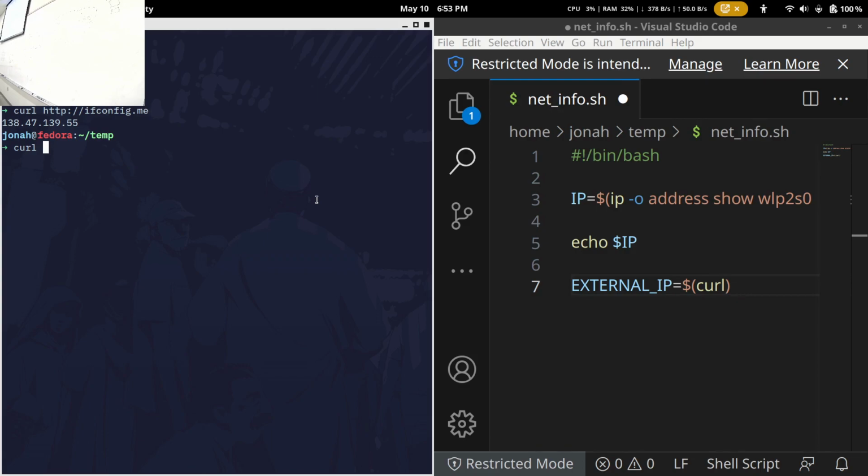But it doesn't have to respond with a web page. It could just give me some sort of data. In this case, that's what's happening. So I'm talking with this website, ifconfig.me, and what it does is it gives me my external IP. And you can do this all from the command line. In this case, my external IP happens to be my current IP. That's just how the network works.